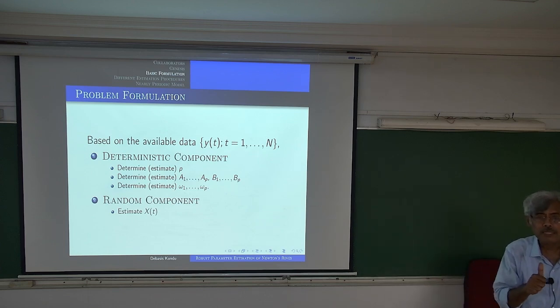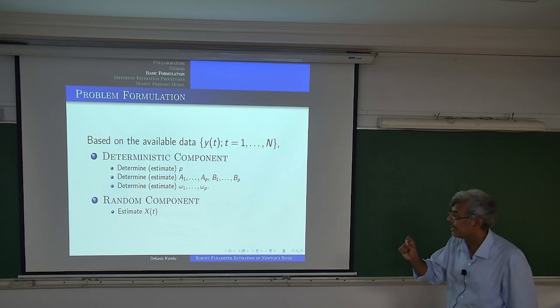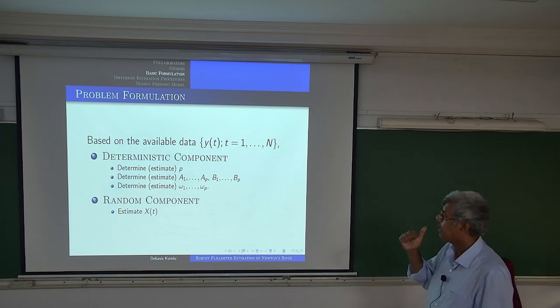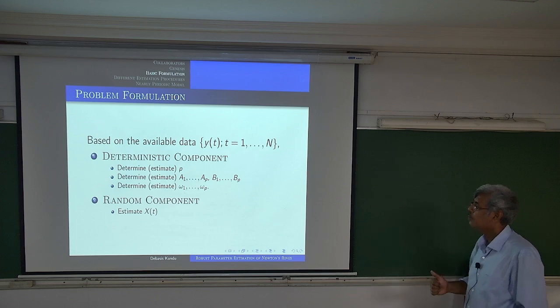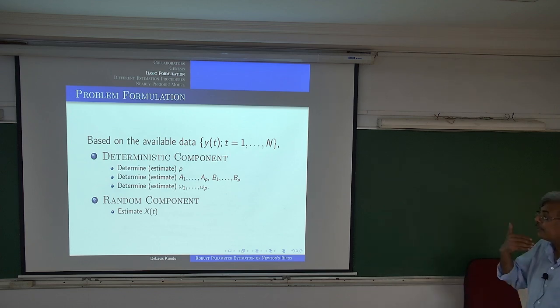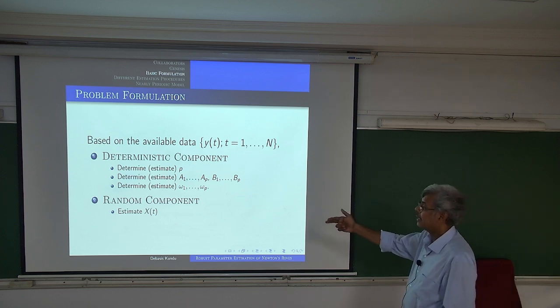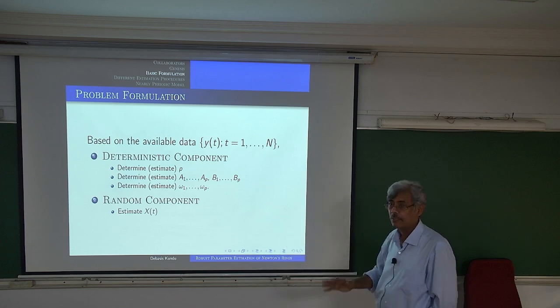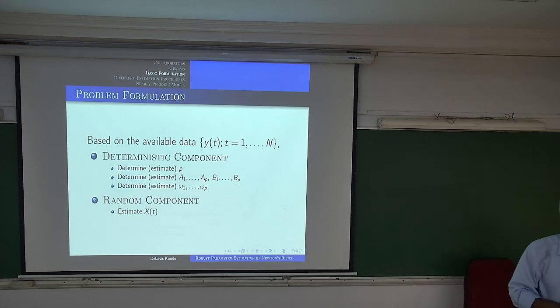It is not that I am trying to estimate x1, x2 value-wise like this. Say, for example, suppose I am assuming that it's a Gaussian noise, I am trying to estimate the variance, or if I am using some other noise, I am trying to estimate the corresponding parameters. That is important, and you'll see the reason why it is important.